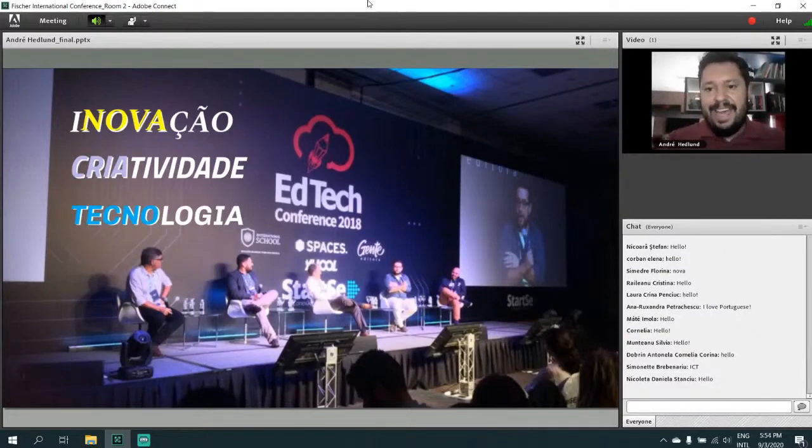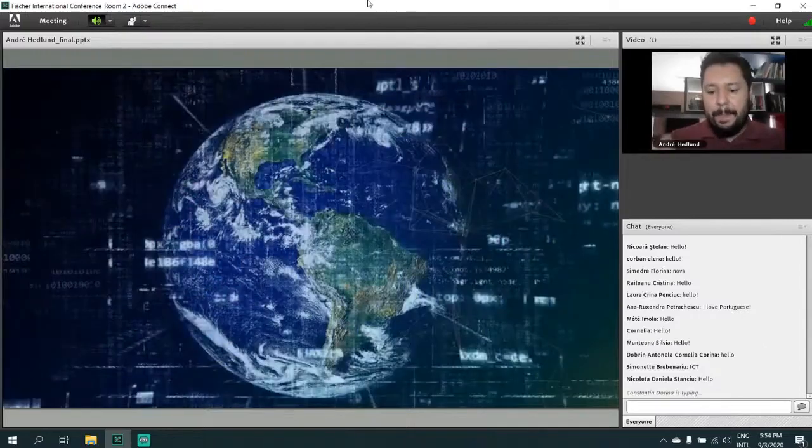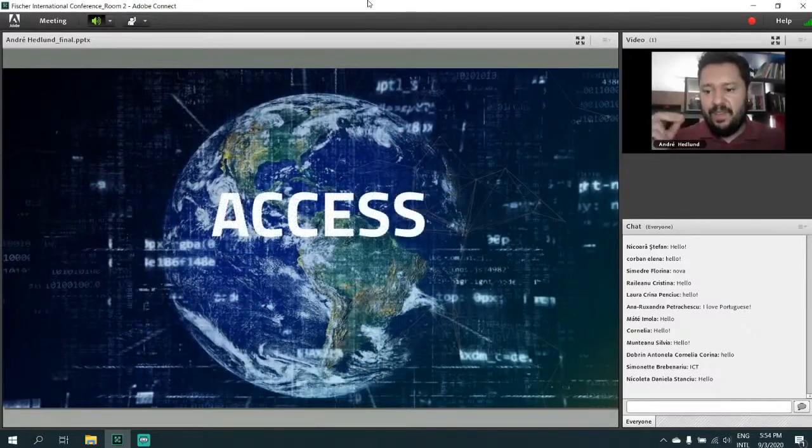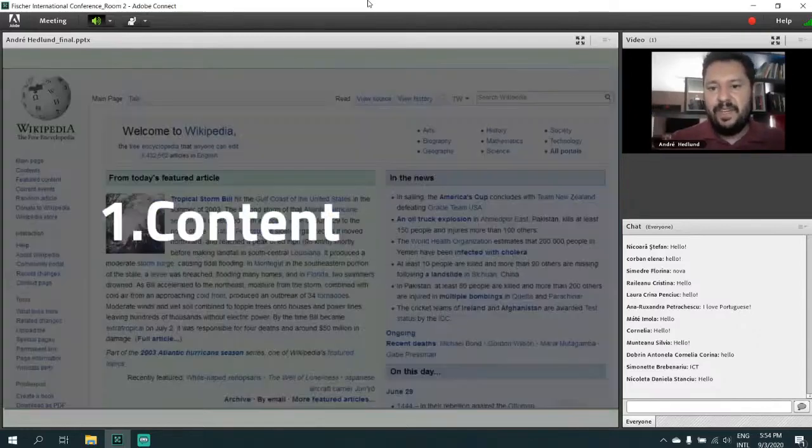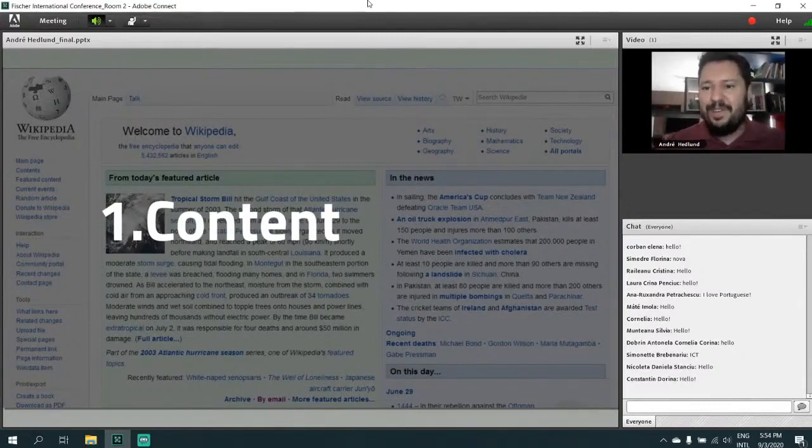That's technology. And then when we talk particularly about digital technologies, for me, they are all about access because through digital technologies, we have access to first content, right? So, and I apologize if you are professors at the university and I have a picture of Wikipedia here. I'm pretty sure you tell your students not to use Wikipedia, right? But I think Wikipedia represents very well this era of content, a lot of access to content that we have. So if I have a mobile phone, a digital device, a computer, I can access Wikipedia and learn about anything in the world, right?